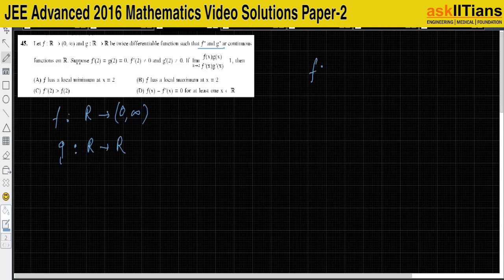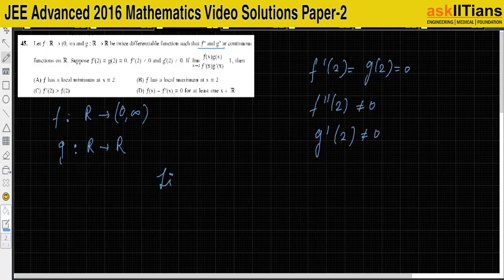Suppose that F dash 2 is equal to G of 2 is equal to 0, and it is also given that F double dash 2 is not equal to 0 and G dash 2 is also not equal to 0. Then it's also given that the limit as x tends to 2 of f(x) multiplied by g(x) divided by f dash x multiplied by g dash x is 1. If this limit is 1,